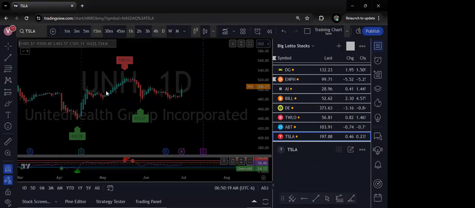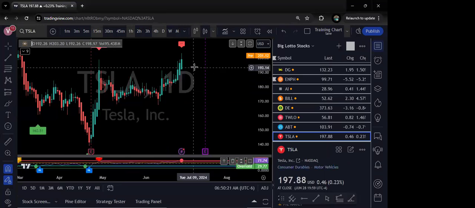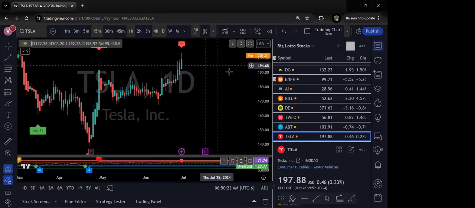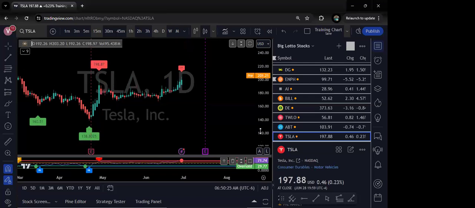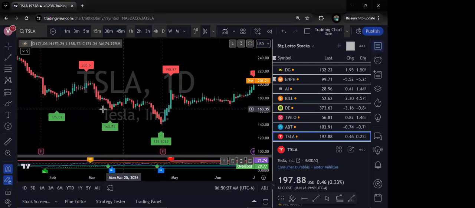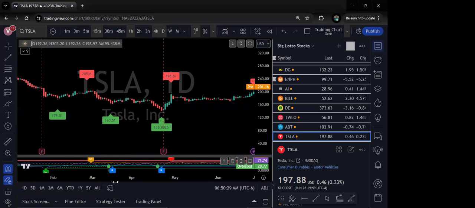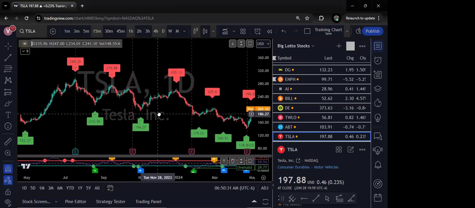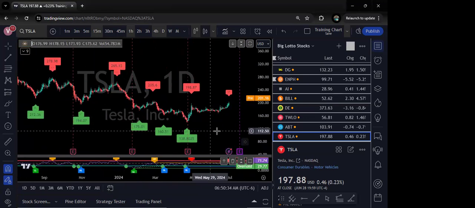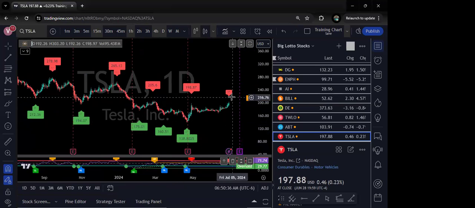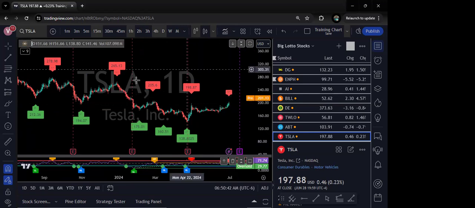We needed to touch 200 before the end of the month, and we've touched 200. If you look at the FX calculator, it needs to go back to 217. So that's what you're watching for. If it breaks it this month, then you will anticipate either a bearish continuation or a bullish trend the entire